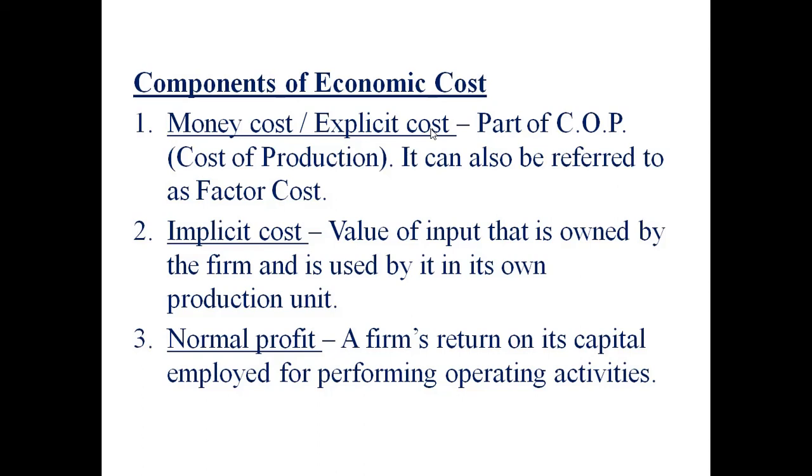Let us say you open a restaurant in Kalimpong town, and you are providing service, you yourself are working along with your workers or the staff members. Then whatever the value of input that you are providing to the firm is known as the implicit cost. Whatever the value of input that you possess is actually used or consumed by yourself in the production unit, that is known as implicit cost.